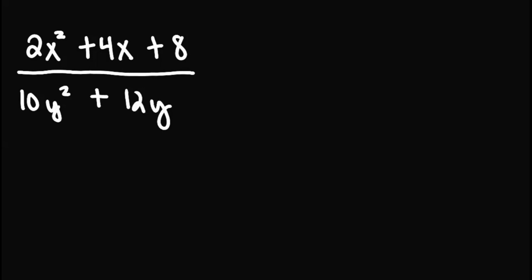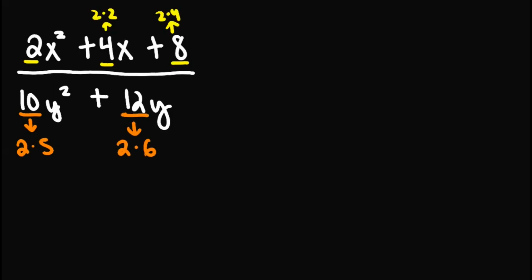Now for this one, we can observe that the numerator has a factor of 2 in each of its terms, since 4 is equal to 2 times 2, and 8 is equal to 2 times 4. The denominator is the same: 10 has a factor of 2, since 10 can be written as 2 times 5,